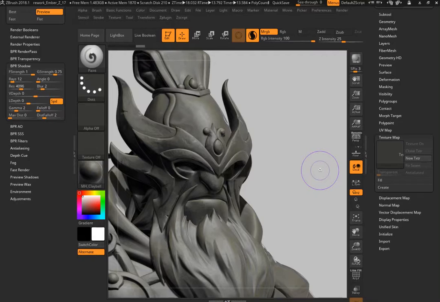So with an angle of 0, the shadows tend to be really harsh. So if you look, say right here, this cast shadow from the hat is a really hard shadow. With this matcap,